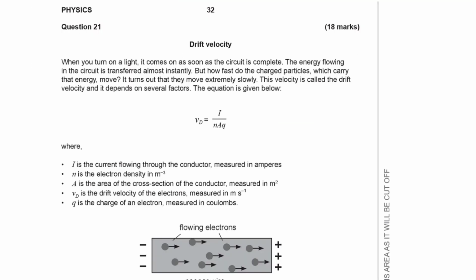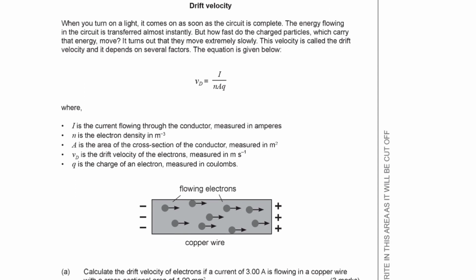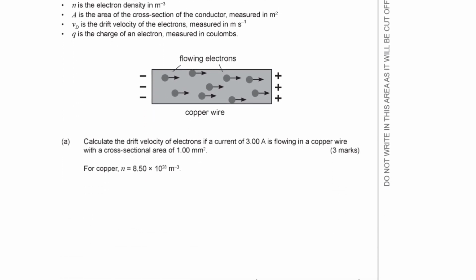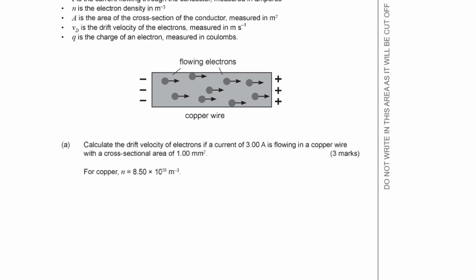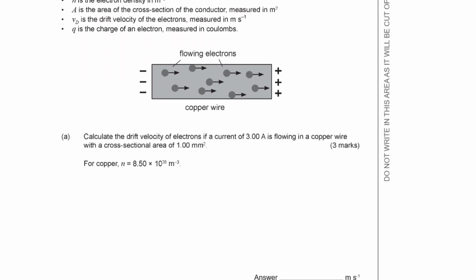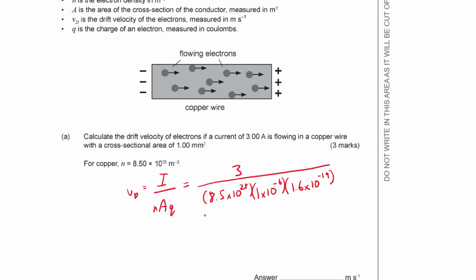Okay, and the last question in the exam, number 21, is on drift velocity. I guess it's more about the Hall effect, I think. So the first part of it is actually just a straightforward calculation. It's giving you the equation at the top here, v_d = I/(nAq). So you just plug and chug, really. Over nAq, just sub in those values. There we go. And you get